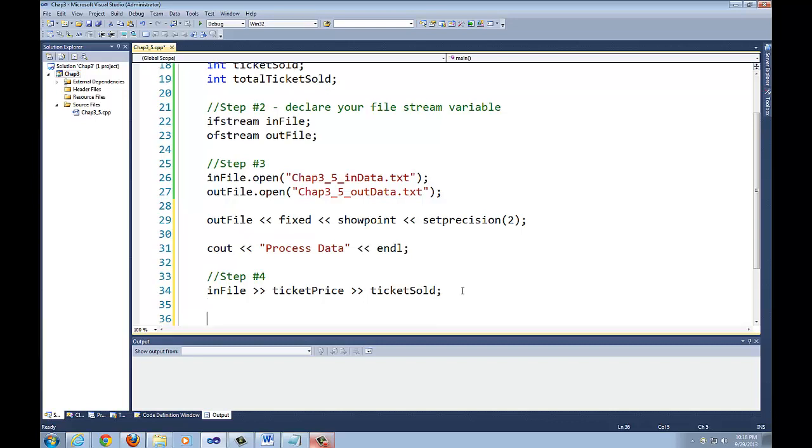Now, remember, you need to process this. Alright? Now when you process this, what you're going to do is what? You're going to take the ticket price times the ticket sold, right? And that needs to be added to, you haven't done any sales yet, right? So how do we calculate this? So we need to take the ticket price,